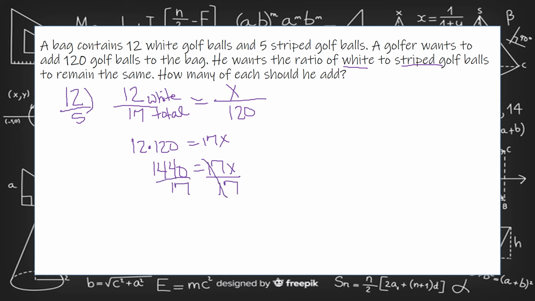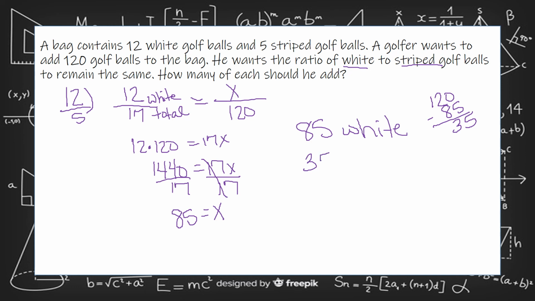And then we need to get rid of the 17 that's being multiplied by x. So we're going to divide both sides by 17. I'm going to round this to the nearest whole number. It's 84.7, so I'm going to say 85. So he should add 85 white golf balls, which means out of 120,